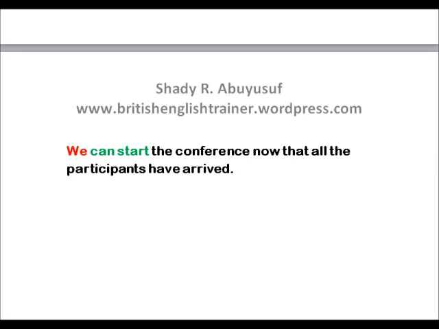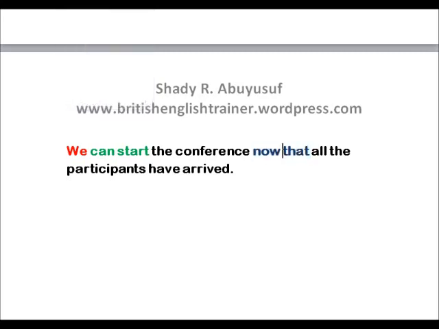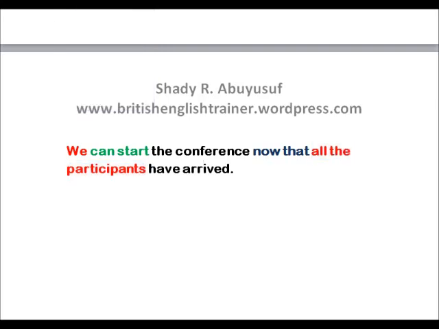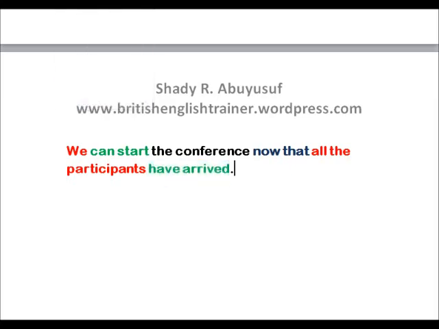Do we have a connector? Yes, "now that" is a connector, and let's give it the color blue. Okay. Do we have another subject? Yes, which is "all the participants," and let's give it again the red color. And do we have a verb? Yes, "have arrived" is a verb, and we give it the green color. Now let's have a look at this. We've got subject verb, and then we have connector subject verb, so the sentence is completely correct, which means that